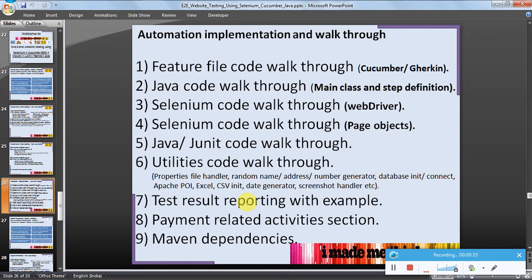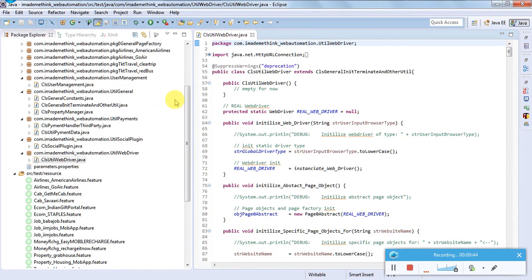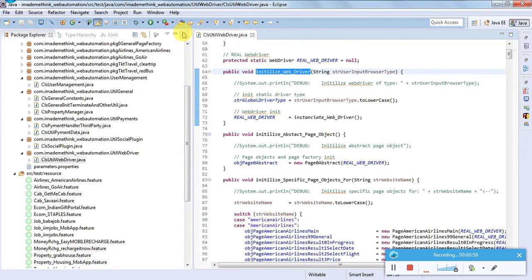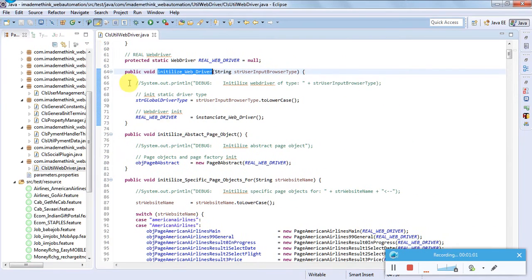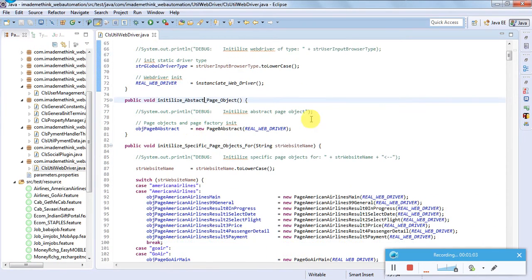Now let's discuss the utilities code. Let me walk you through it. For end-to-end website validation, we should have multiple utilities which we can just start using. One of the utilities is to initialize a browser, so initialize WebDriver